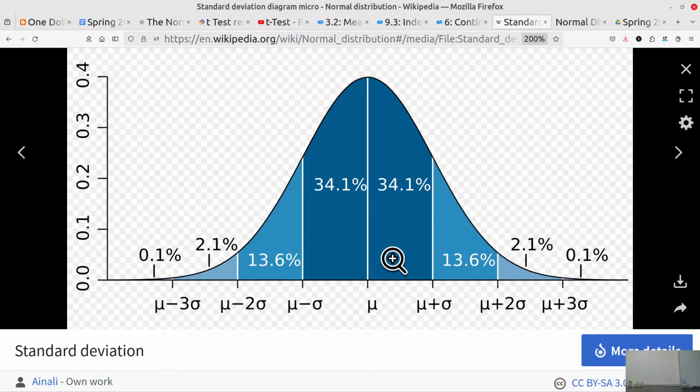You need to memorize one thing: when the mean plus 1 sigma, the population standard deviation, you can see the number 34.1% on the dark blue area on the right side. And next is 13.6%, and the others from the left side, 34.1%,